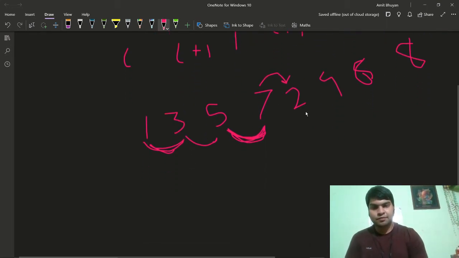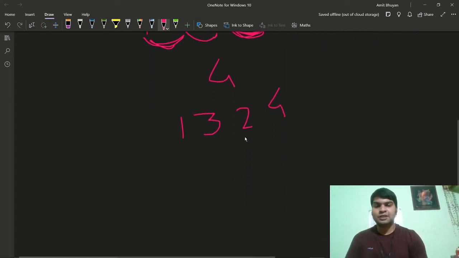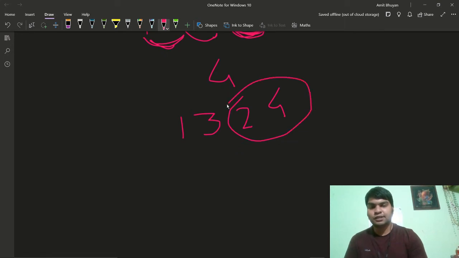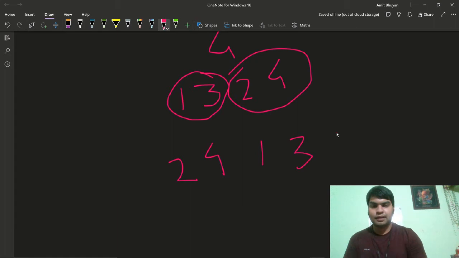Here we'll face one problem. If we have a value of 4, then we will get an error, because after 1, 3, it will print 2, then it will print 4. We can resolve this problem by printing the even numbers first and then printing the odd elements afterwards. So we will print 2, then 4, then all the odd numbers 1, 3 and so on. After it will be 5. If 6 comes, 6 will be placed here. If 7 comes, 7 will be placed here. So this is a basic observation.